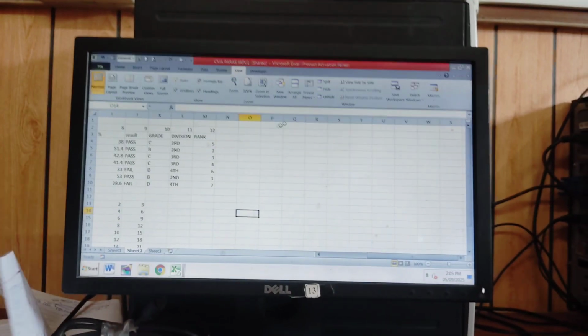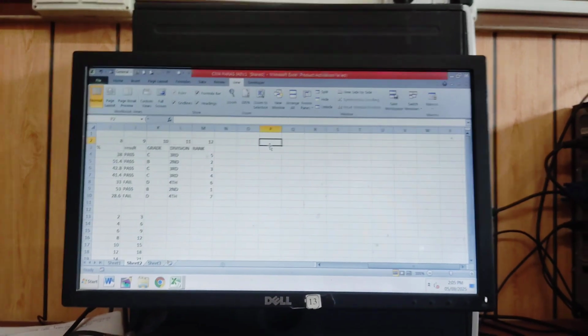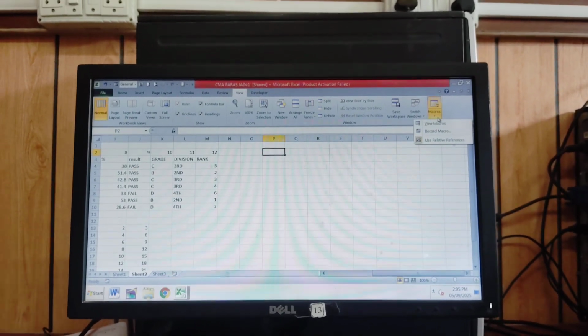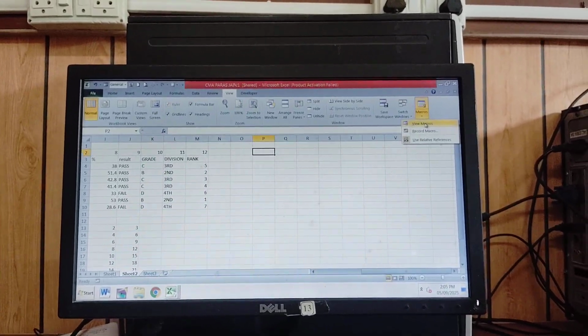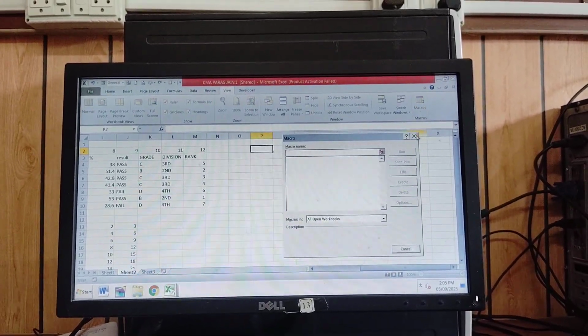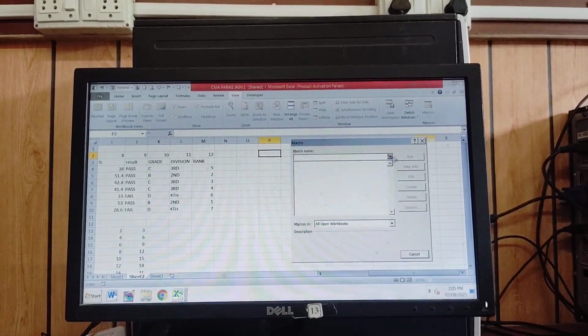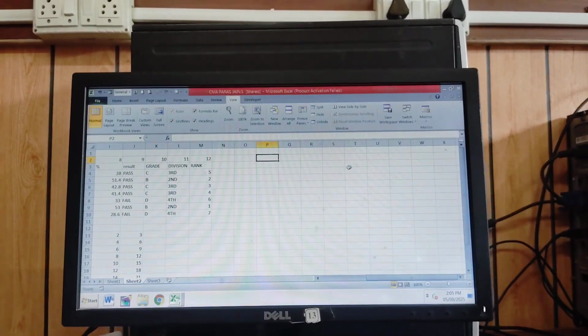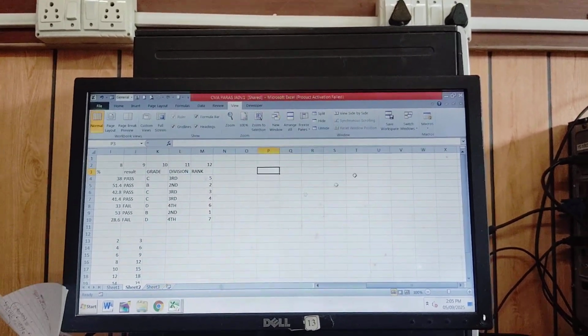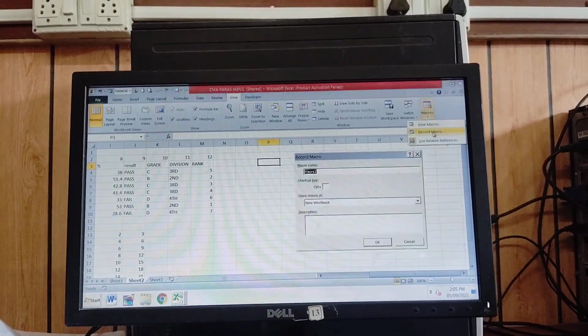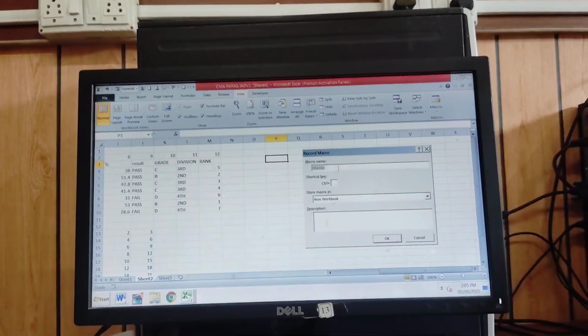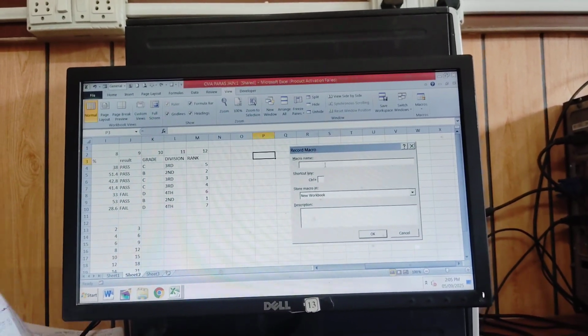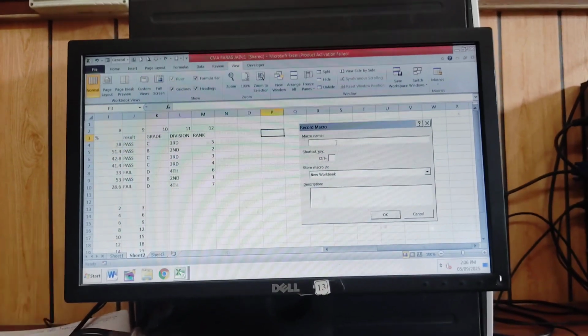So now we will learn about macros. First we will select any cell, we will click here, we will click on view macro. So there is no macro currently. Now we will create a macro. Click on any cell, click here, record macro. We will make the name of the macro. Let's name it